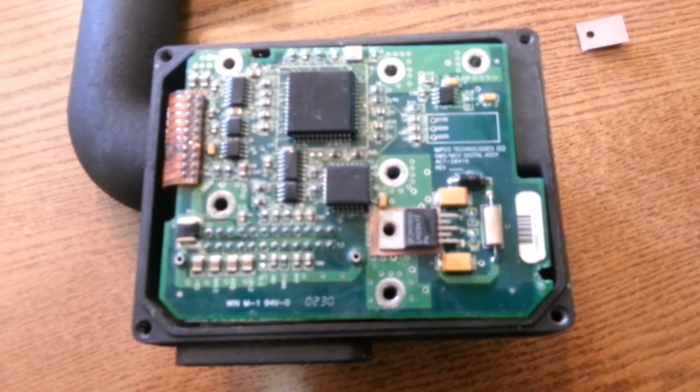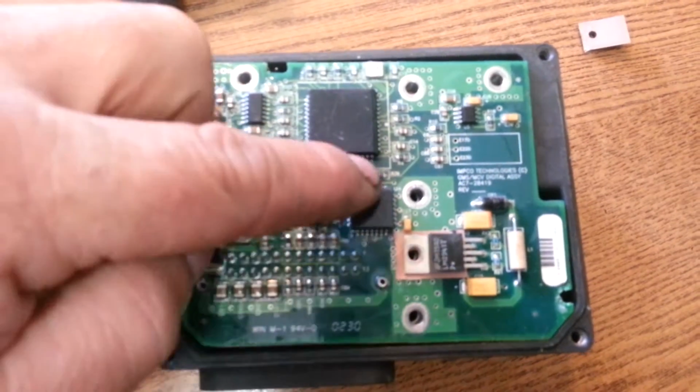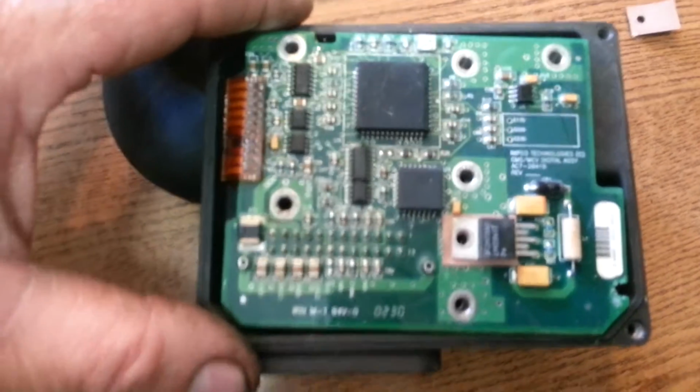So here's what I found on the CNG Cavaliers, '98-ish, the mass gas sensor that goes bad. I have this one apart already, but you'll see that there's a bunch of screw holes that I've taken out. Make sure that you know what screw goes where. And then when you pull this out, it kind of wants to flip over, and then this bottom board will